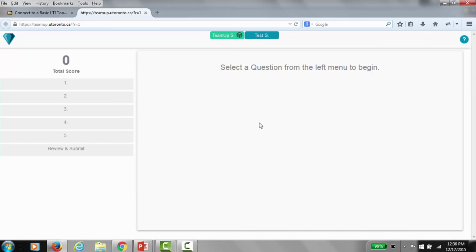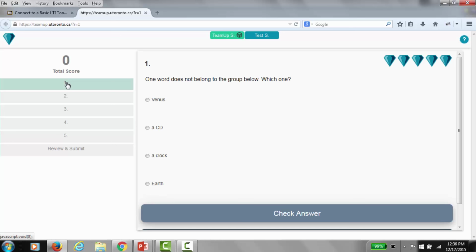And here is what the student sees. So here I can begin the quiz. You can see that Team Up student is the driver. I can start the quiz. Here's question 1. One word does not belong to the group below, so I would discuss this with my peers using Collaborate webinar or possibly texting, or this could be even used in a face-to-face situation, as long as students can communicate, and so they decide, okay, we think it's CD, and I can see that